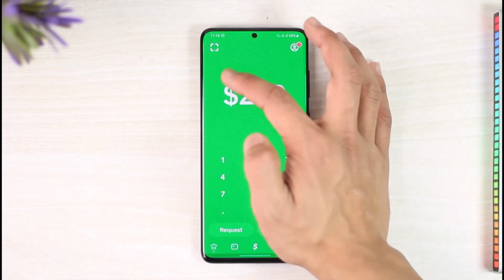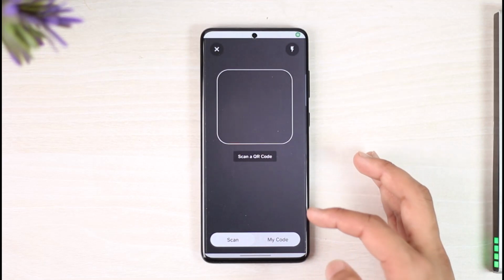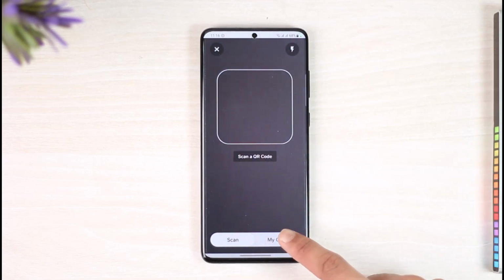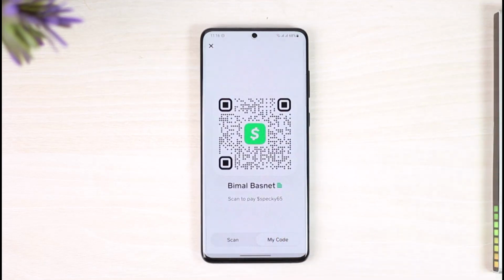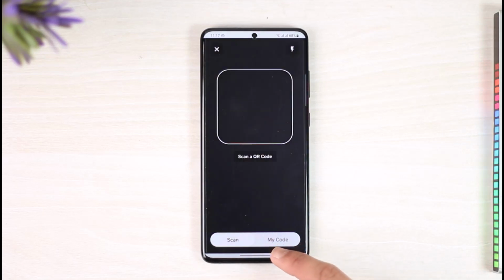Just tap the little square icon which you see on the top left hand side of the screen. Then over here you'll find the option called My Code. Basically this is your own Cash App code. If you want your friends to send you money, you can take a screenshot of this and then actually send it to your friends. The other is, let's say if you want to scan someone's QR code, you can do